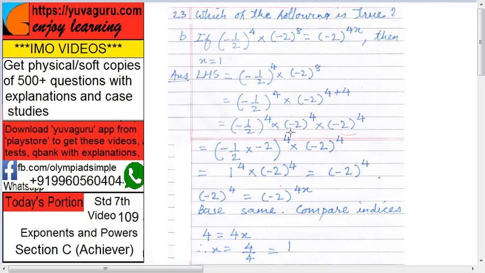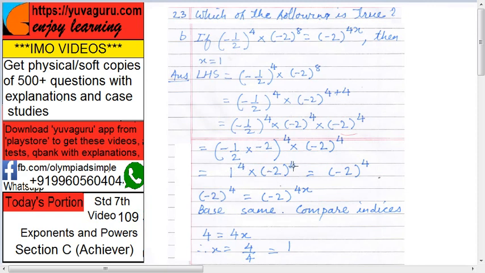Why have we done this in only 4 and not 5 and 3 or 6 and 2? Because here we have (minus 1 upon 2)^4. So we can take this common. So minus 1 upon 2 into minus 2, right? The whole raised to 4 into this (minus 2)^4 as it is. Now this minus minus gets cancelled. 2 ones are 2. This becomes 1^4 into (minus 2)^4, right?